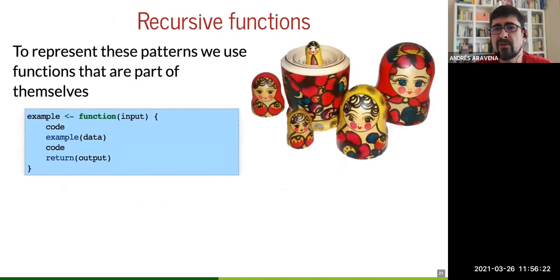Some people think about Russian dolls, where a Russian doll is made of a Russian doll that is made of a Russian doll. In computer code, it will be like this. It's a function that here I call example, and you can have some code, but somewhere in the code, it is also using example. The function is used inside the function. That is tricky, but it allows you to describe this kind of problem. And this is the super powerful thing: when you decompose a big problem, you can realize that the parts are essentially like the big one. Not exactly the same, but the same pattern.